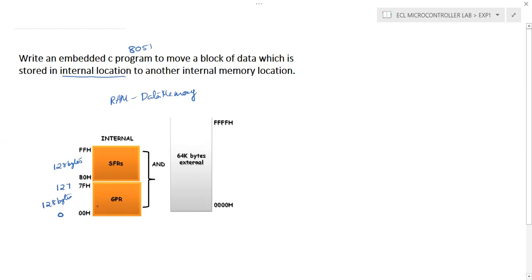And if you consider this internal general purpose RAM, you can see that it's represented from 00H to 7FH. So it's represented in hexadecimal. The binary equivalent will be an 8-bit value, 00000000 for 00H, and 01111111, which is equal to 7FH. So actually to represent 128 bytes, we require only 7 bits, but as a standard we will use 8